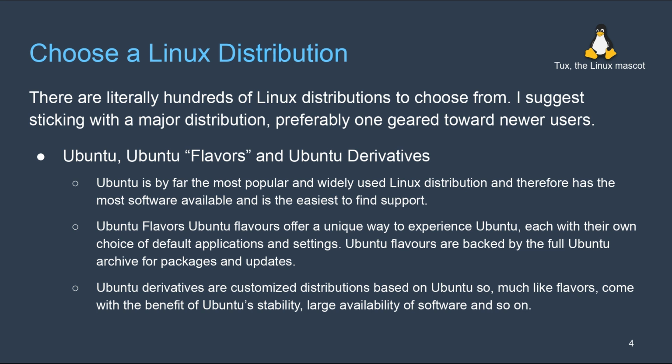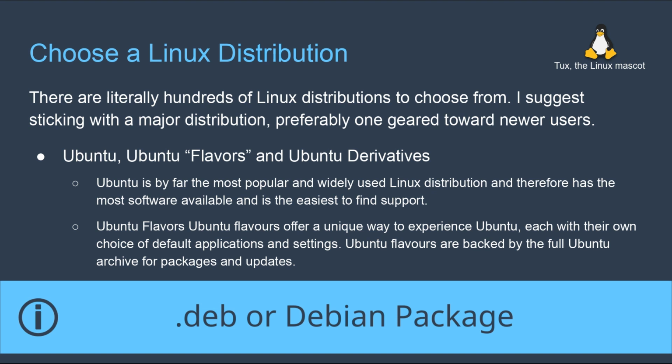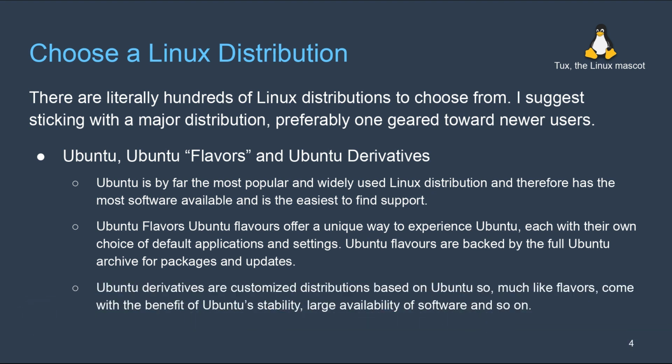There are some exceptions to that, but in 99% of cases I can think of, there's going to be a DEB package, which is an Ubuntu or a Debian-based package that you'd be able to download and install on your system and have just work the way it should. So in terms of ease of use, compatibility, support, Ubuntu is really going to be your best option as a new user. Now from there, all of those other options are out there, and there's OpenSUSE and Fedora and Arch,